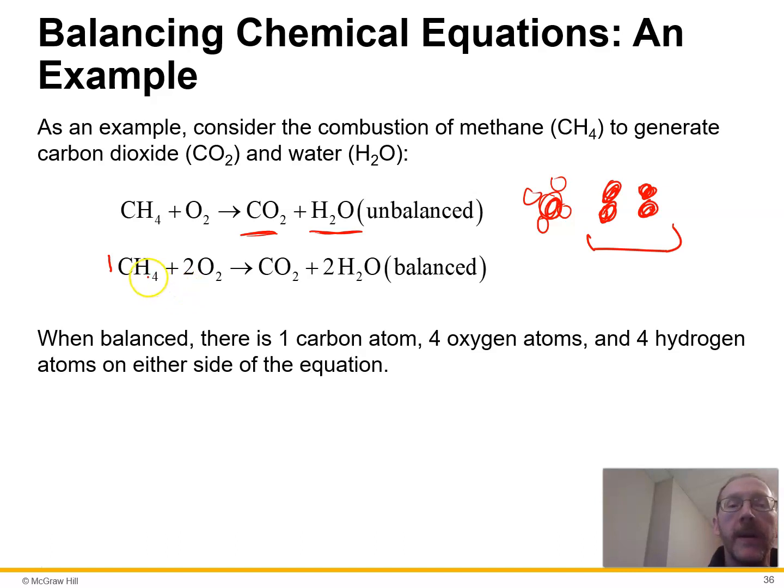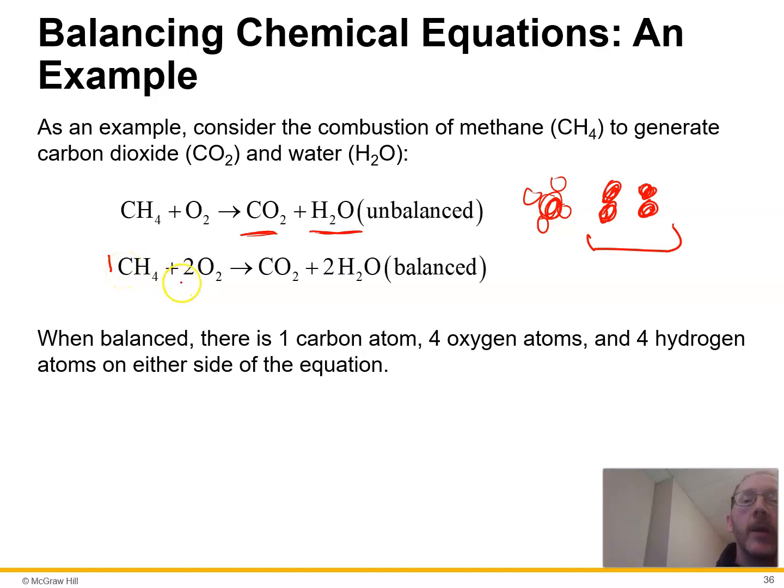All right. Well, now I have 2 times 2, which is 4 oxygen atoms. 1, 2, 3, 4. On this side of the reaction, the products, I only have 3 oxygen atoms. There's 2, and there's a 3rd one. But if I put this 2 out in the front to say I have 2 waters, now I have 2 oxygens and 2 more oxygens, so that's 4. And then I have 2 times 2, which is 4 hydrogen atoms, and that matches over here, 4 hydrogen atoms.